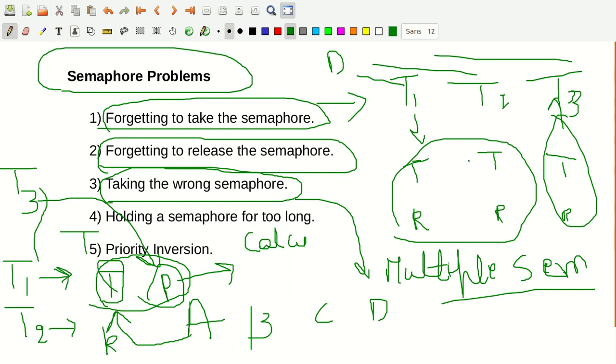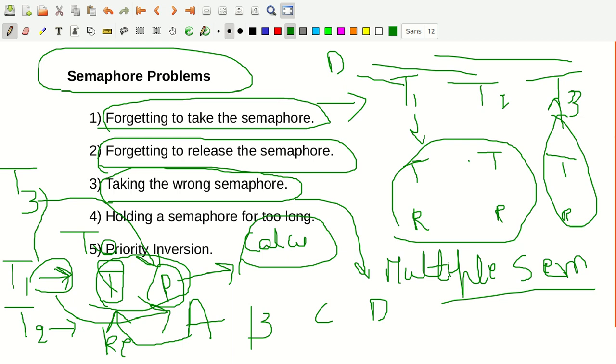This pressure variable is also kept along with the temperature variable between the take semaphore and release semaphore functions of the calculation function. Now what happens when T1 has taken the semaphore while trying to access the temperature variable, T, but it does not need P? It took the semaphore because T and P are kept inside the calculation function. As written here, take semaphore, release semaphore, and T and P are kept between these two.